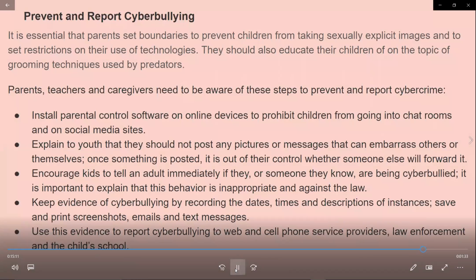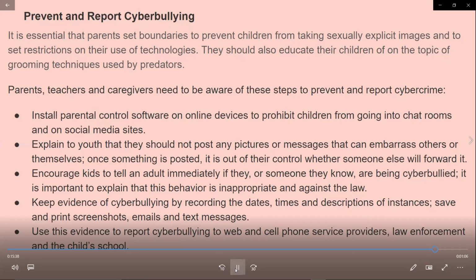Prevent and report cyberbullying. It is essential that parents set boundaries to prevent children from taking sexually explicit images, to set restrictions on their use of technologies. They should also educate their children on these topics of grooming techniques used by these predators. Parents, teachers, caregivers need to be aware of all of these steps to prevent and report cybercrime, beginning with installation